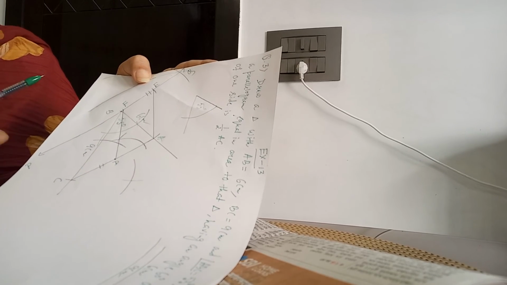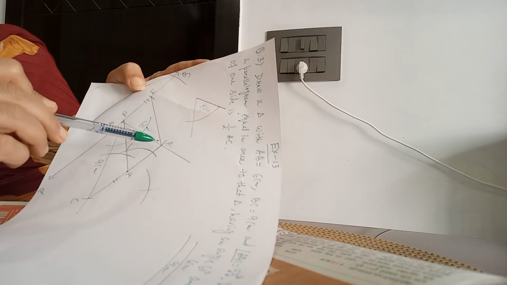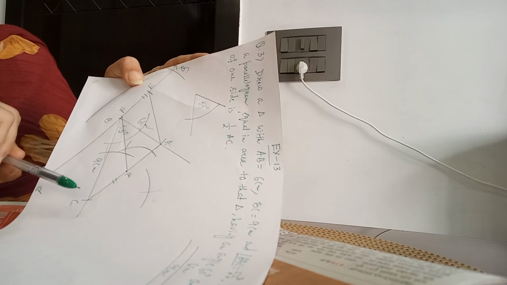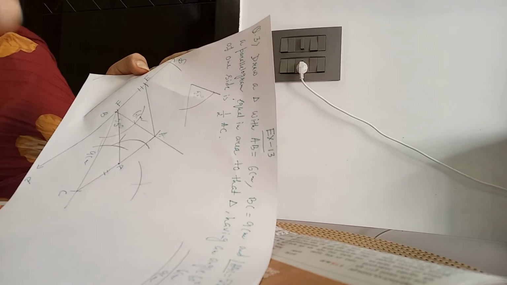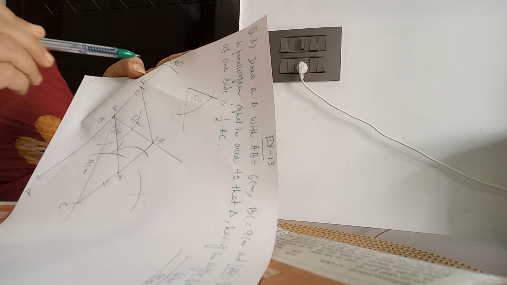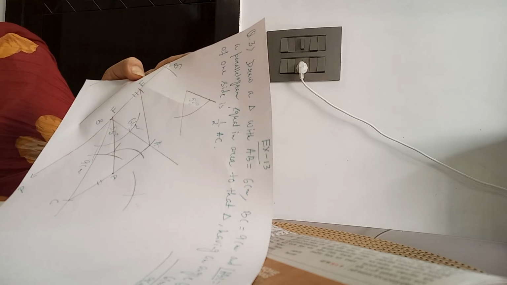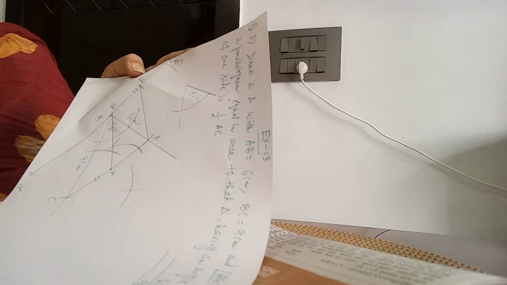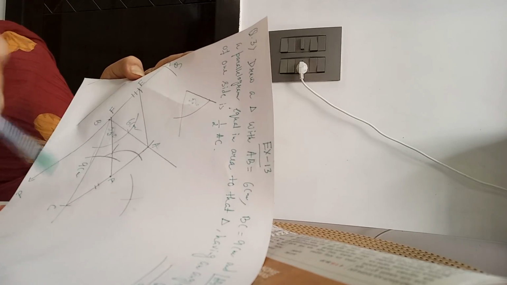Then we have to draw a parallel line. To do that, I placed the compass at A, then took the opposite side BC, length equal to BC. Then I drew one arc. Then I placed at B and took length equal to AC. Then I drew another arc. They intersected here. Then join B and that intersecting point and extend. So I have got a line PQ which is parallel to AC.